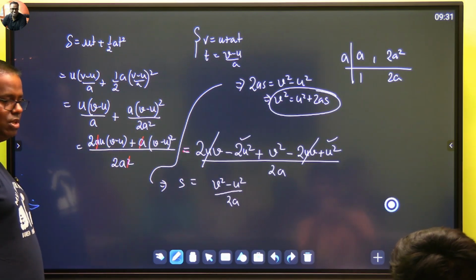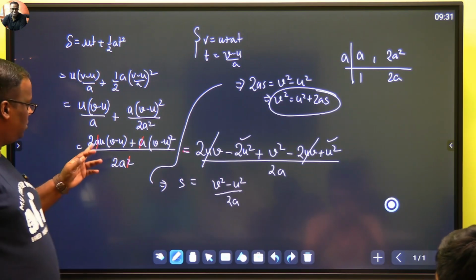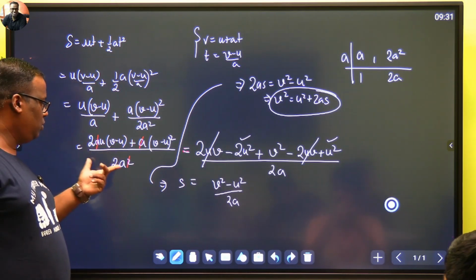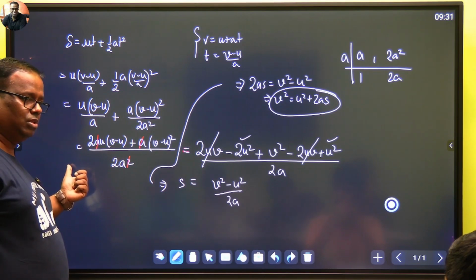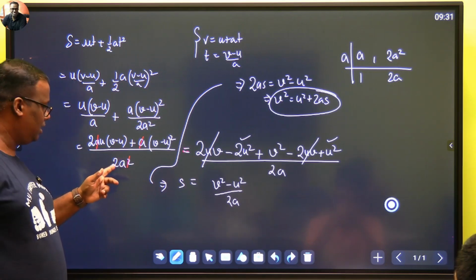उसके बाद रुक जाओ, उसके बाद अभी हमें क्या लेना है? We have to take out common. तो कॉमन कैसे लेंगे? इस पूरे ब्रैकेट से a can be sucked out, इस पूरे ब्रैकेट से a can be sucked out. So a और a, 2 को काटने का मतलब नहीं समझ रहे हो? एक a काट दिया, एक a जिंदा है।